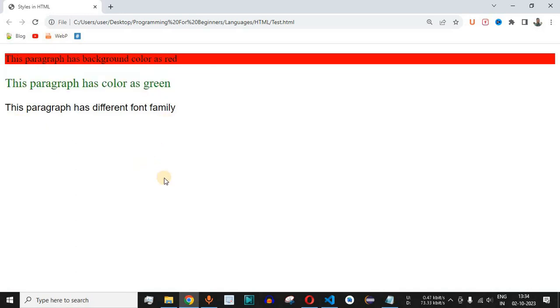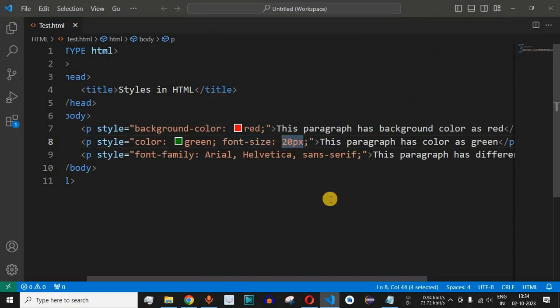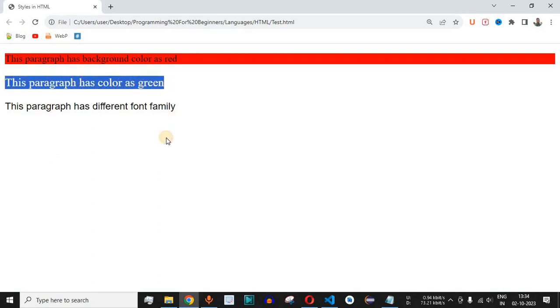So guys, it depends on you which one you want to use, whether you want to use the percentage or the pixels. But basically for the best case scenario, if you want your web pages to be viewed properly on all the screen resolutions such as desktop or laptops or mobile devices as well, you should be using the percentages so that it is responsive in nature. So let me just save this file now and try reloading this page once again. So basically this is the font size that is increased to some extent compared to the default font size over here.